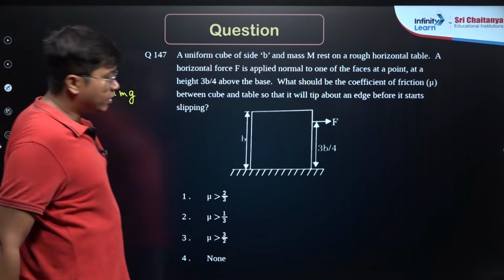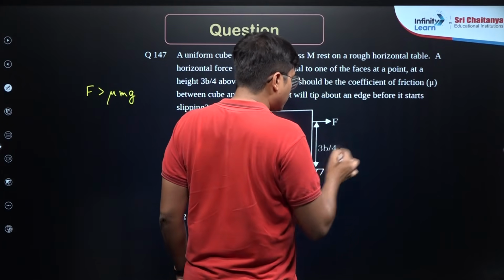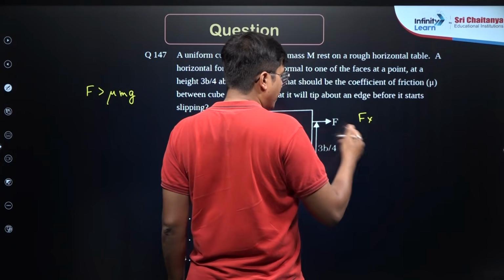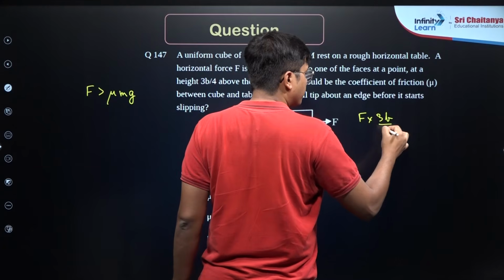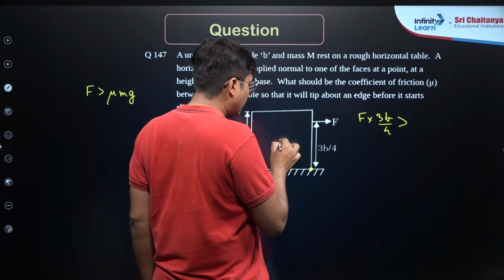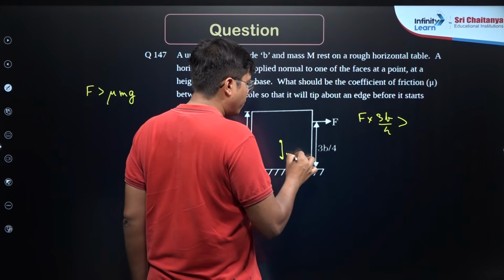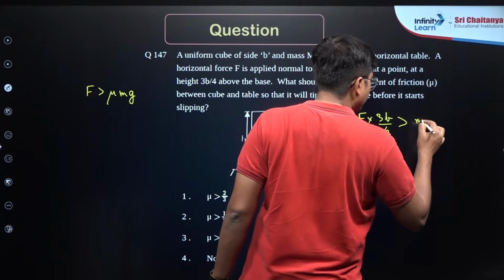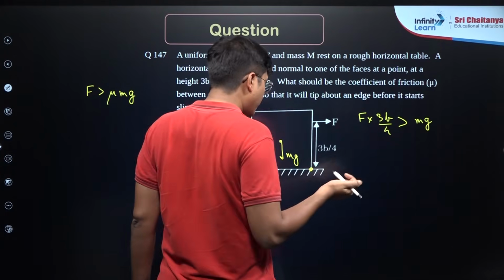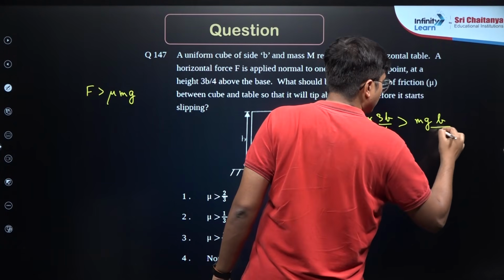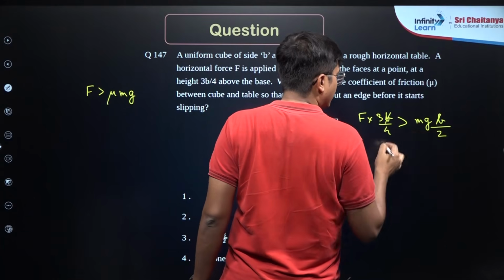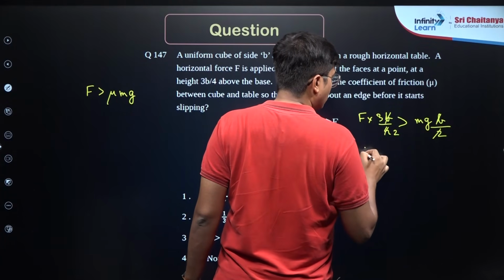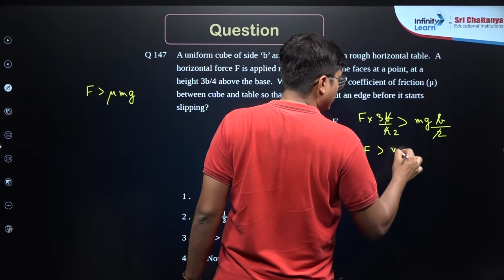And for it to topple, the torque will turn about this point. So force multiplied with the perpendicular distance, which is 3b by 4, should become greater than the counter torque given by its weight, which is mg into b by 2. The b's cancel. So F in this case has to be greater than mg